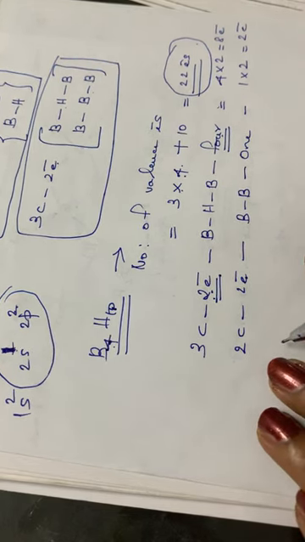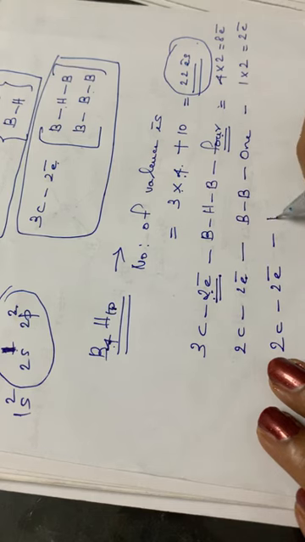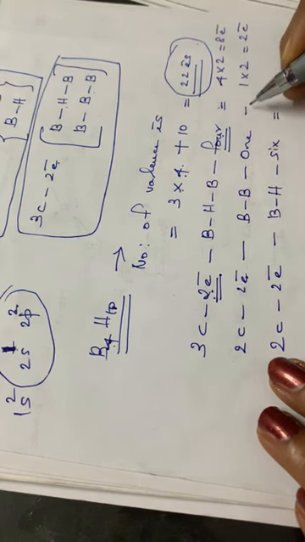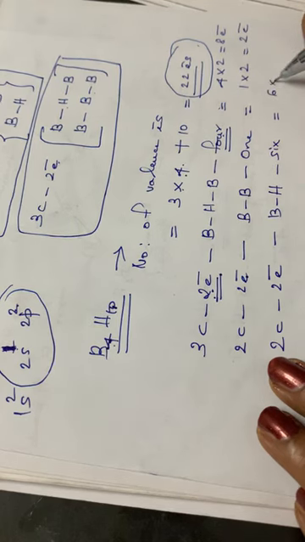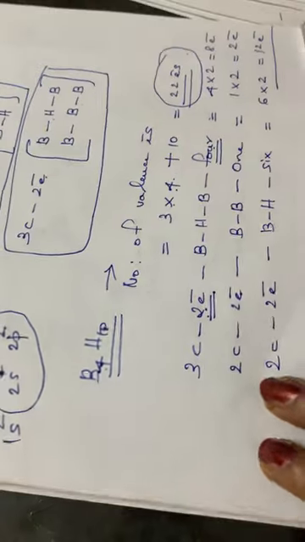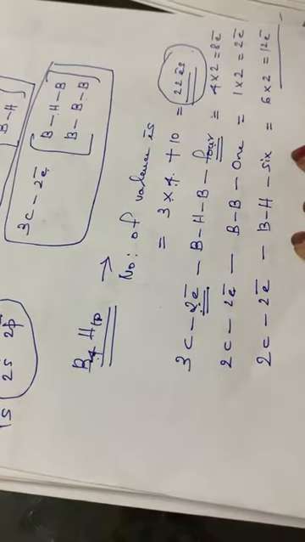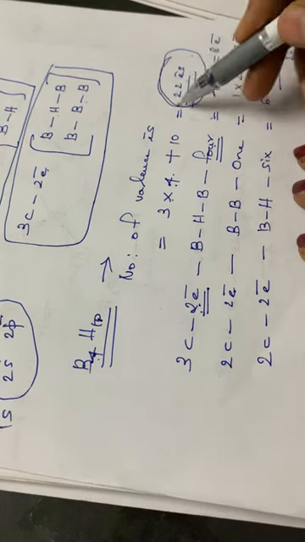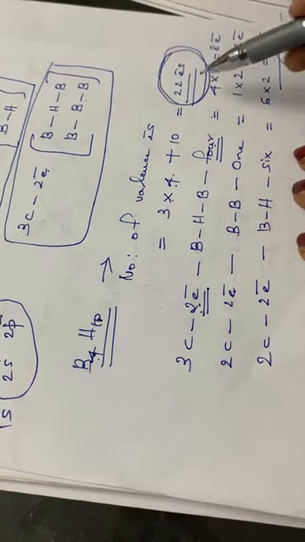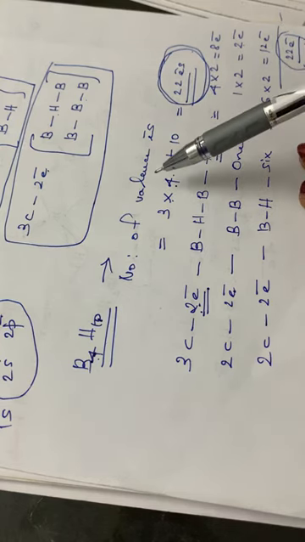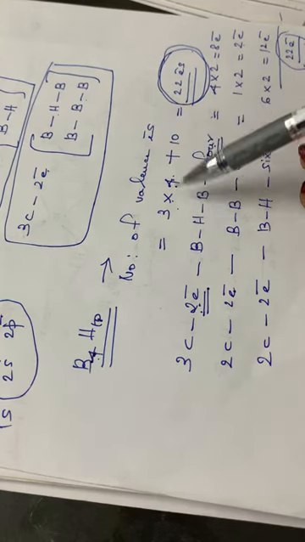Then again the next 2 center 2 electron bond, that is BH bond, it is having 6 BH bonds. Okay, 6 BH bonds. So 6 into 2, that is equal to 12 electrons. So in total, how much? In total, 8 plus 2, 10. 10 plus 12, it is equal to 22 electrons. That is what we calculated here, isn't it? So this is how you have to calculate the number of electrons. So simply we can calculate in this method 3 into 4 plus 10.